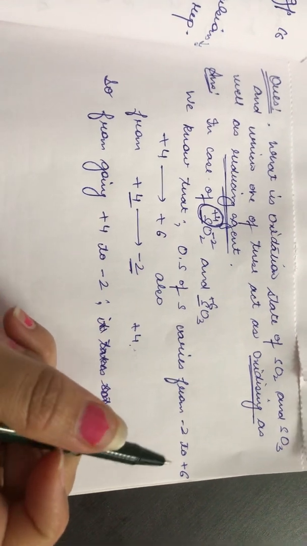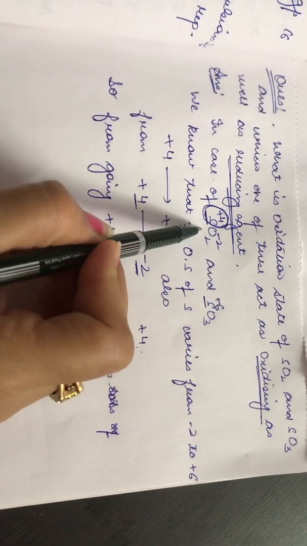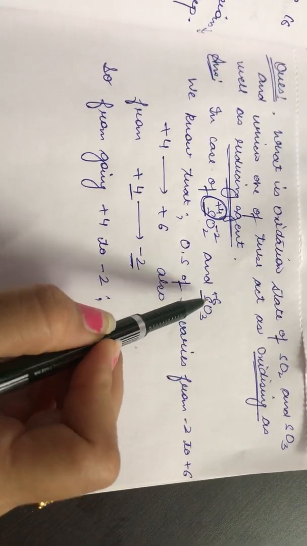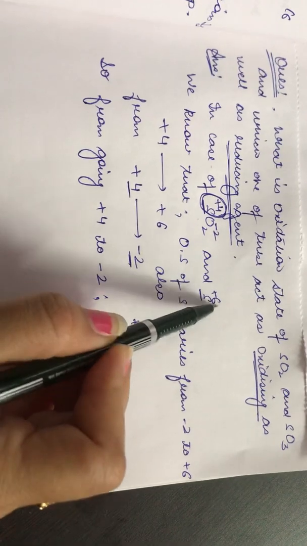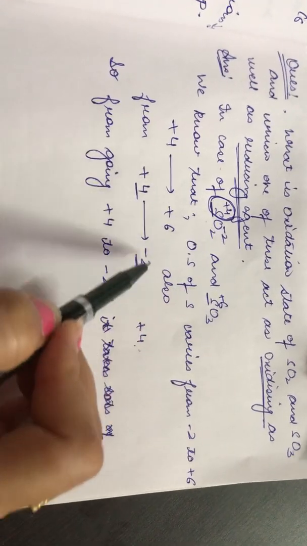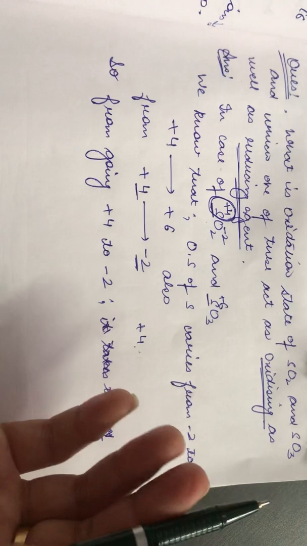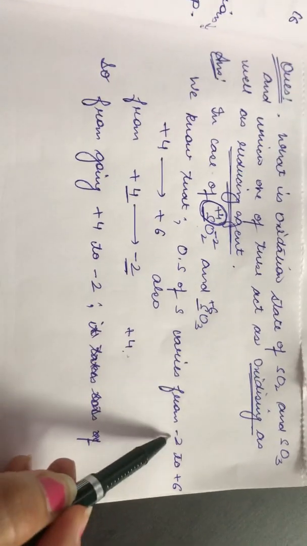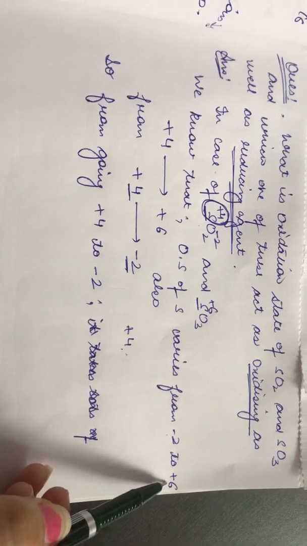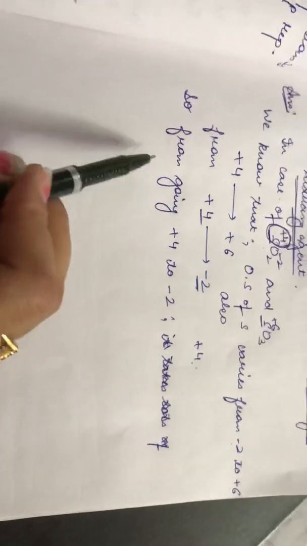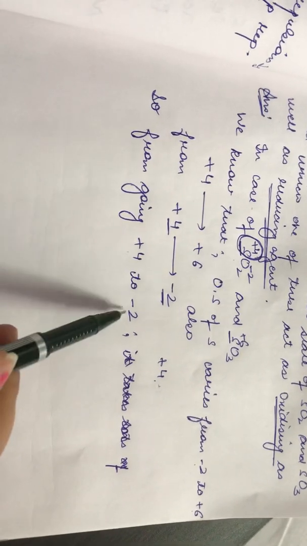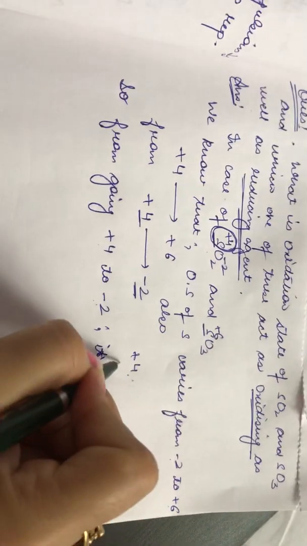So the answer is, in case of SO2, sulfur gets oxidation state of +4, whereas in case of SO3, sulfur gets oxidation state of +6. And we know that oxidation state of group 16 varies. Oxidation state of sulfur varies from -2 to +6. Okay, so from going from +4 to -2, 6 steps